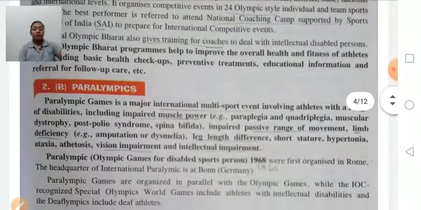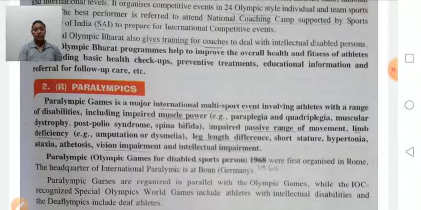Next is Paralympic. The Paralympic Games are a major multi-sports event involving athletes with a range of disabilities. The Paralympics is for people with disabilities like impaired muscle power, impaired passive range of movement, limb deficiency, leg length difference, short stature, hypertonia, ataxia, athetosis, vision impairment, and intellectual impairment.